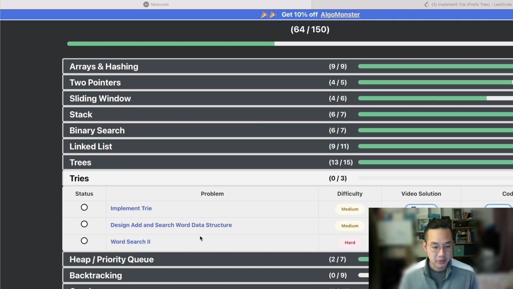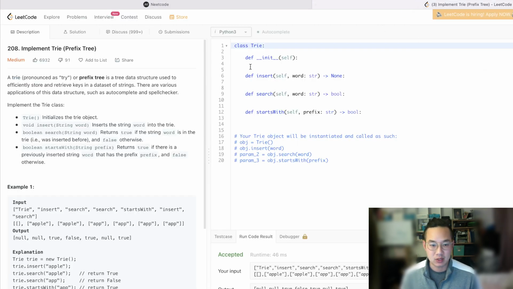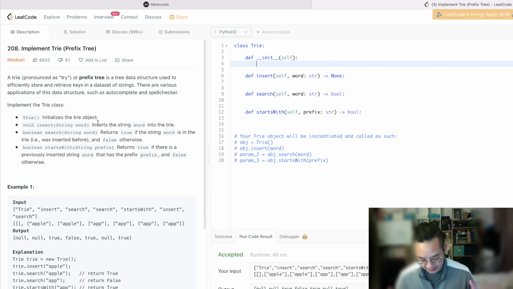Hello there. Today we'll be doing number 65, implement a trie. We've done this before, but let's do it again. It's good practice, and it's a way to relearn, unlearn, and just get better at this particular algo. So in this particular algo, we're creating a way to traverse through a tree of alphabets, so that